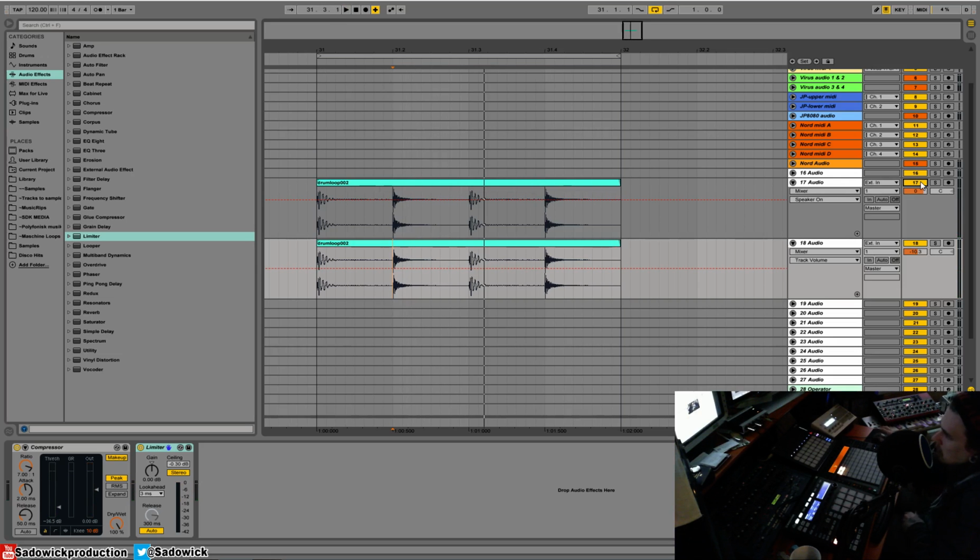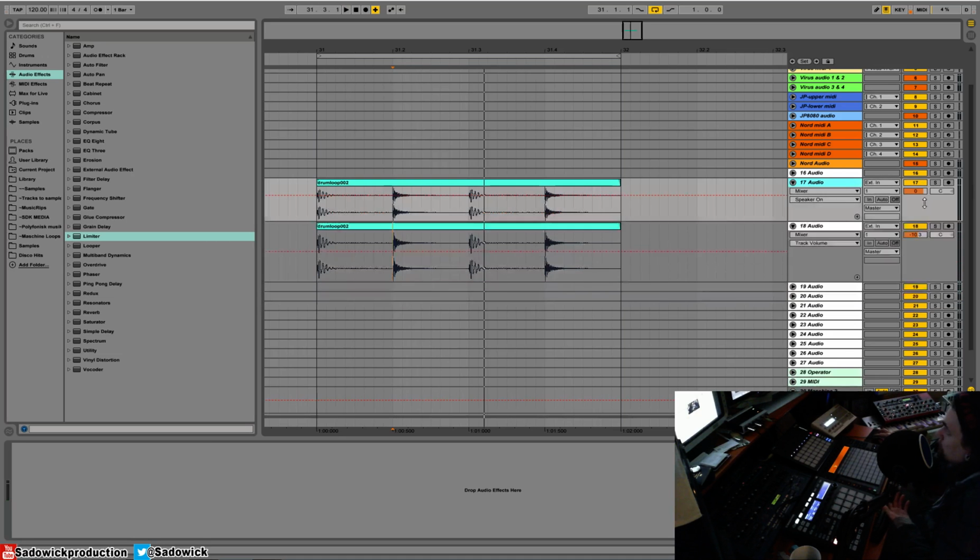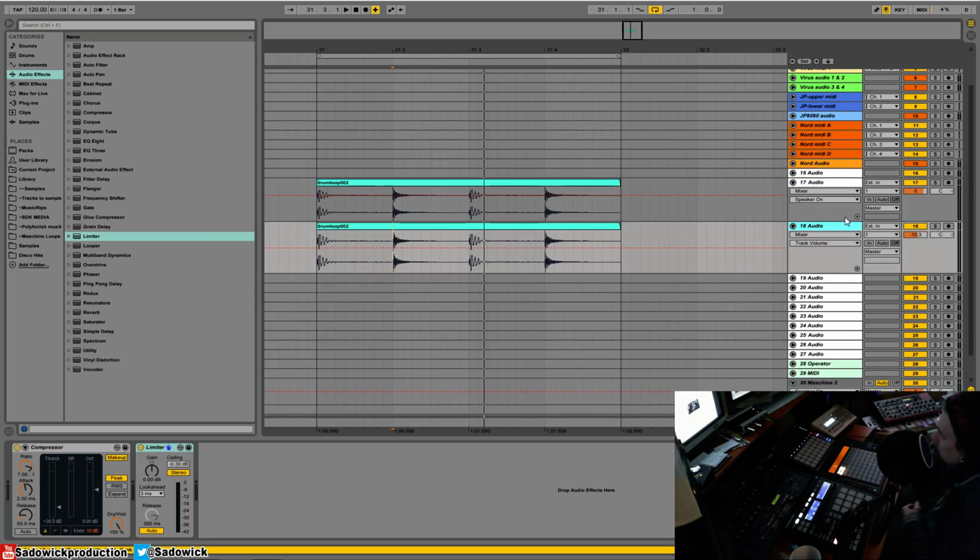So right now we have something that's a little bit more interesting than what we started out with, and that is with parallel compression, splitting the signal. And it's all good. So that's two ways to do it,